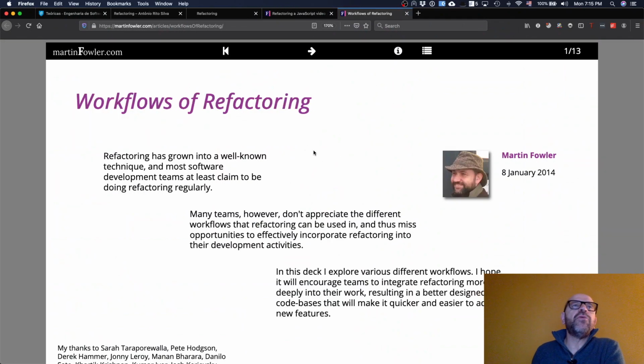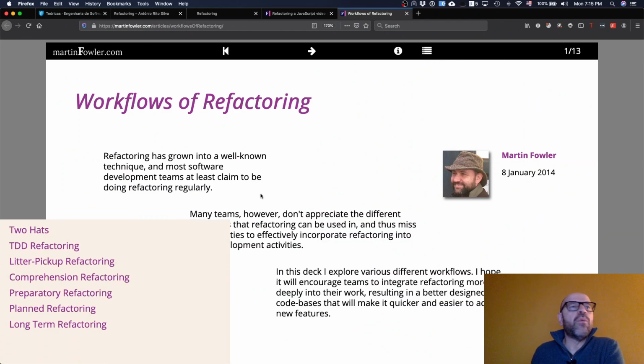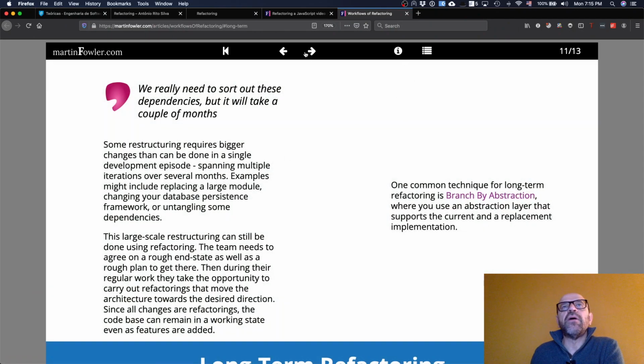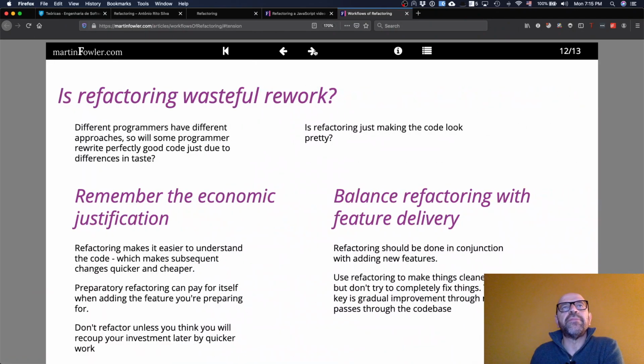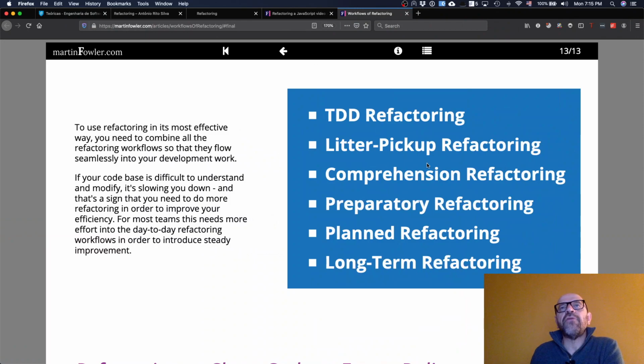And the idea of reading this is to understand what refactorings are, and as well to understand when you do refactoring, the different types of refactoring. I think it is in the last one, the long one. So you can do refactoring for several reasons.